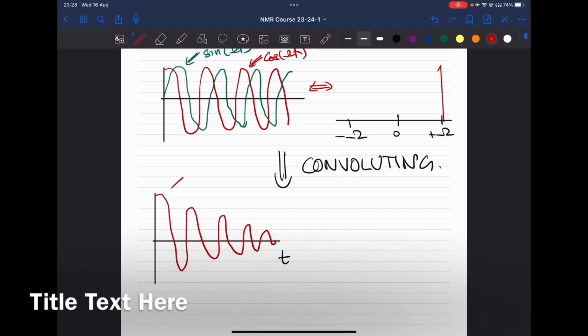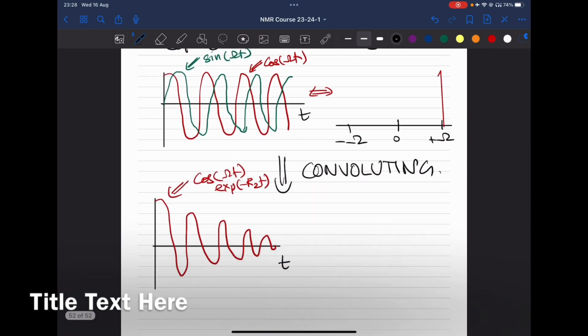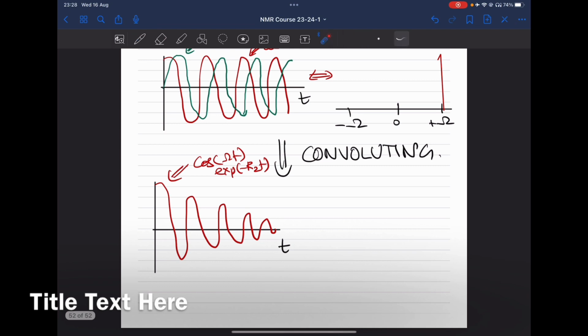This is the cos omega t exp minus R2t. In all of these plots, the x-axis is time. So you're able to see the signal decays and the oscillation remains, which has the omega component associated with it. I'm sure you will be able to translate the green one that goes opposite in phase but keeps losing signal as a function of time, which when you Fourier transform